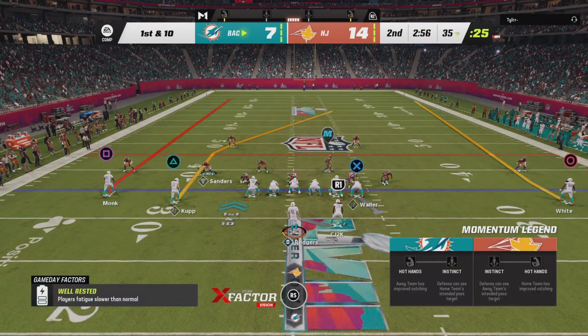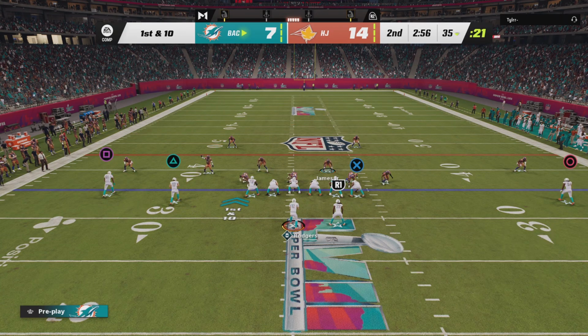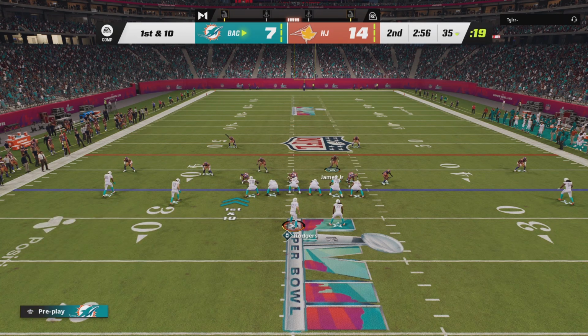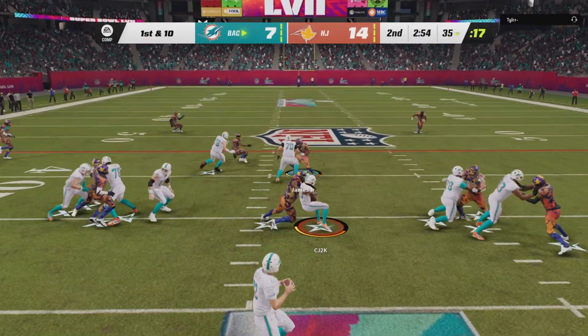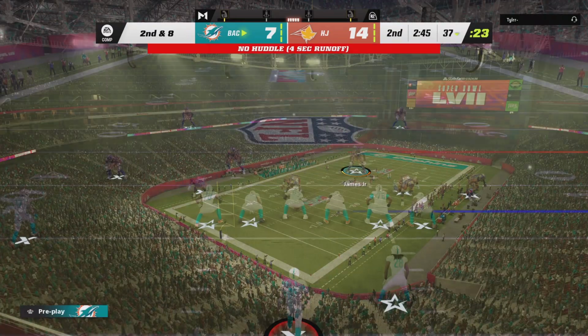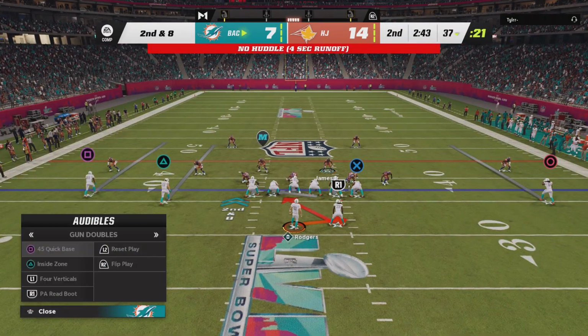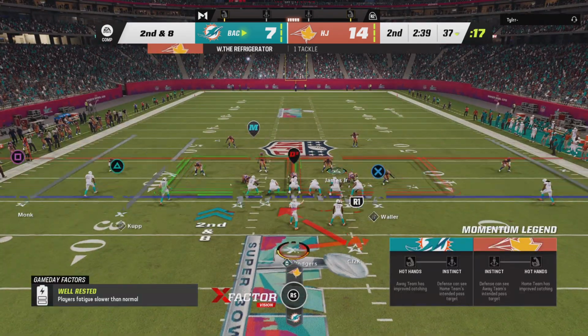The Dolphins at the line ready for their next drive. The last time out, they had to march almost the full length of the field for their touchdown. So here, much easier, Charles, with this better starting field position. I love your sarcasm, but I love even more your observation because, look, what they did last time out, now with a shorter field, they should have a lot of confidence that they're going to put more points up on